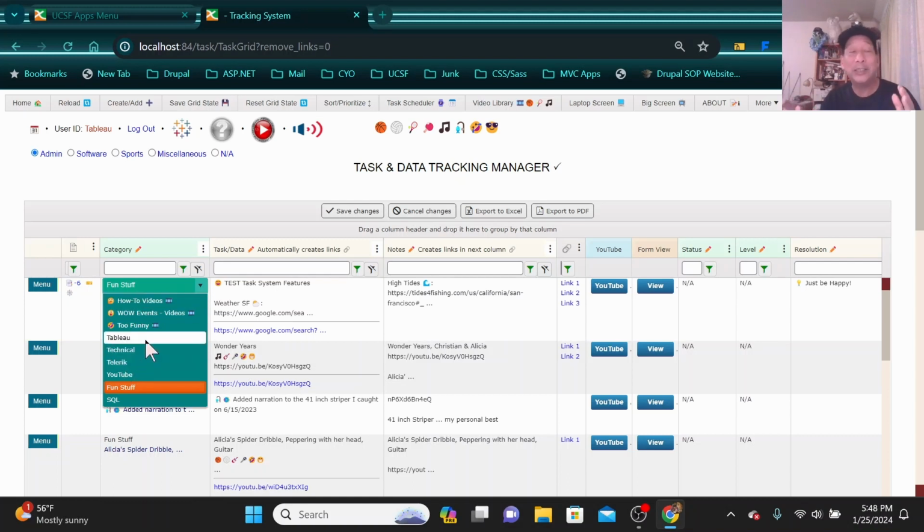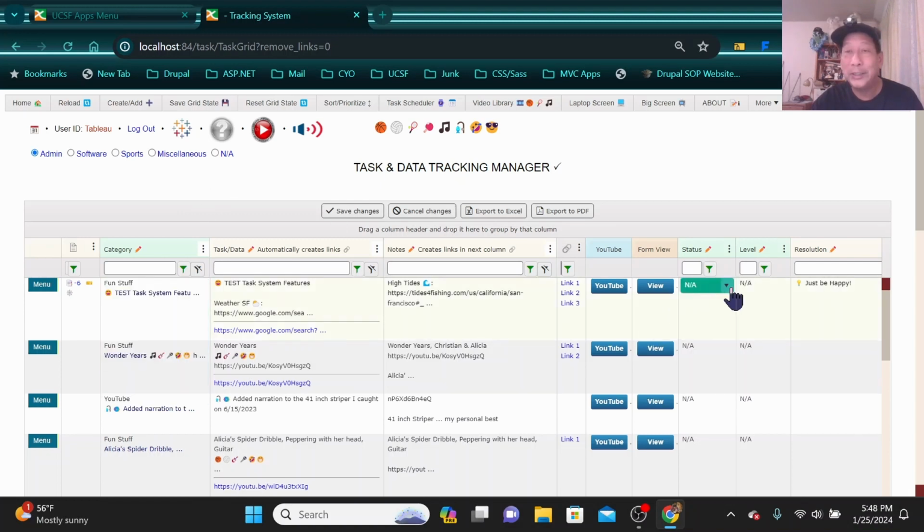So one thing to note is in this case, yeah, you would want to use a drop down, but you can have combo boxes as well where you can have a combination of text or drop down. But in this case, you wouldn't want it because you want to make sure you're selecting from the categories that are in your category table. So yeah, you can see drop downs here for your status, your level right here. So again, you can have radio buttons and you can also have combo boxes, which I have in other applications. But let's go back home